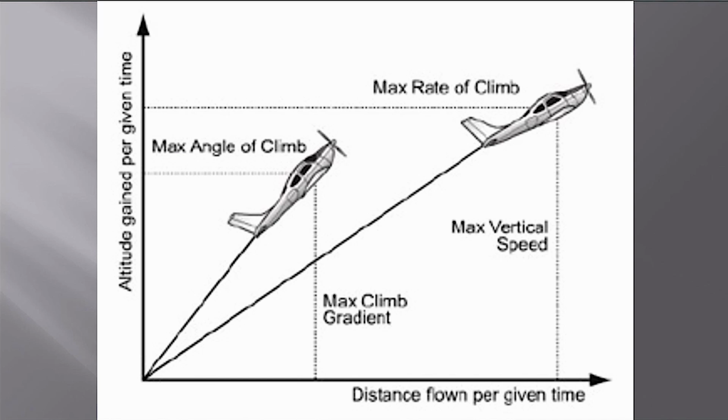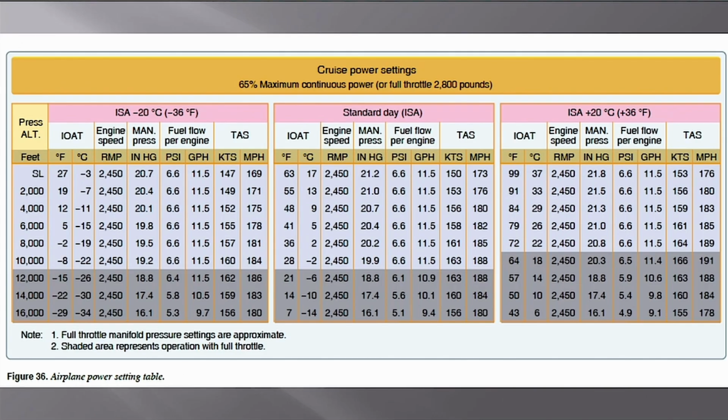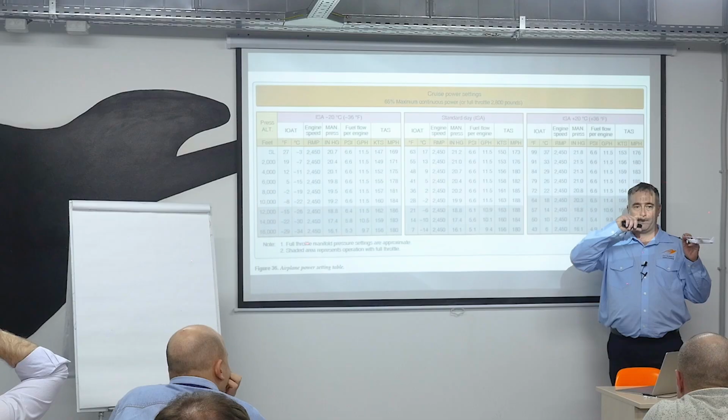Best angle climb, best rate of climb. Which one are we going to use? Cruise. Perfect. Cruise climb. Okay. Cruise power settings. What do I know by looking at this chart? What kind of airplane am I in? What does it have that's different than what we have here with this Cessna 172? There's something different here. More than one engine,